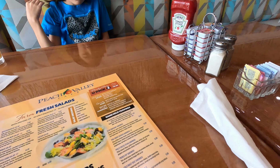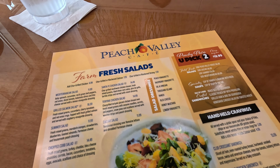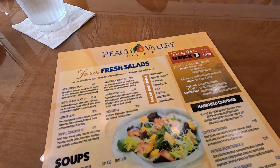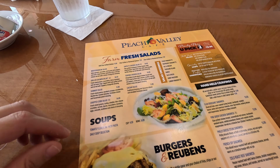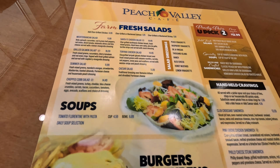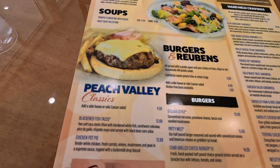Why not? Did want to kind of just scan over the lunch menu for you guys so you can have an idea if you're coming for lunch. Looking at the prices, I usually don't go out for breakfast. I don't want to say never go out for breakfast, but usually when I'm thinking of value, I like to go out for a lunch because of money, right? How much am I spending for a breakfast versus how much I'm spending for lunch? And looking at the lunch menu, it almost is very comparable in price. Well, those are kind of like salads. Let's take a look at some burgers,